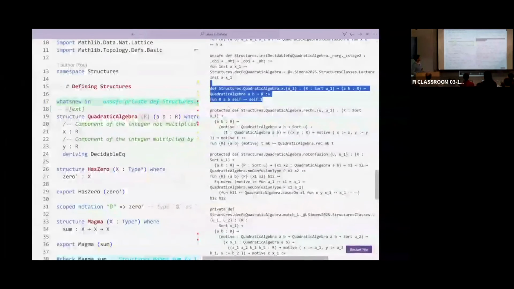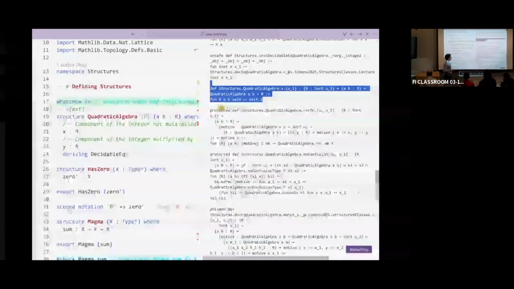What this U1 means is that you have a collection of definitions, one for each universe level. If you are in level U1, where U1 is just a variable for a universe level, then this is the corresponding definition that we are having. And so the type of this dot X is R A B, quadratic algebra A B R.